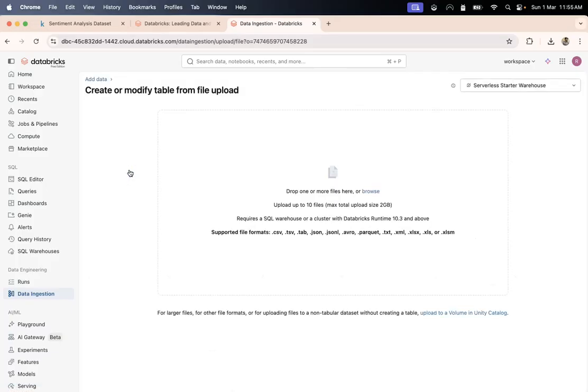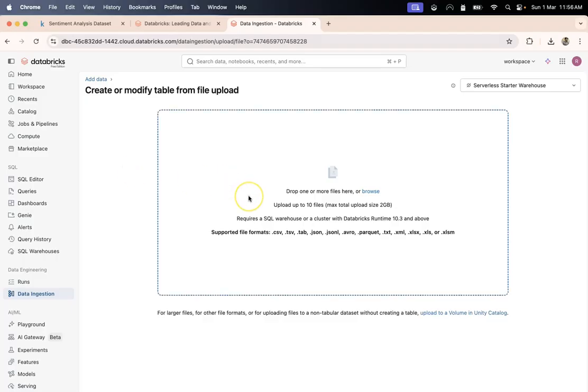Okay, so now one point that I would like to highlight here is that the data is created as a so-called table, and that table is known as a data table because it follows something known as the data lake concept. It is, you can say, a theoretical concept which basically bridges the gap between data warehouse and data lake.